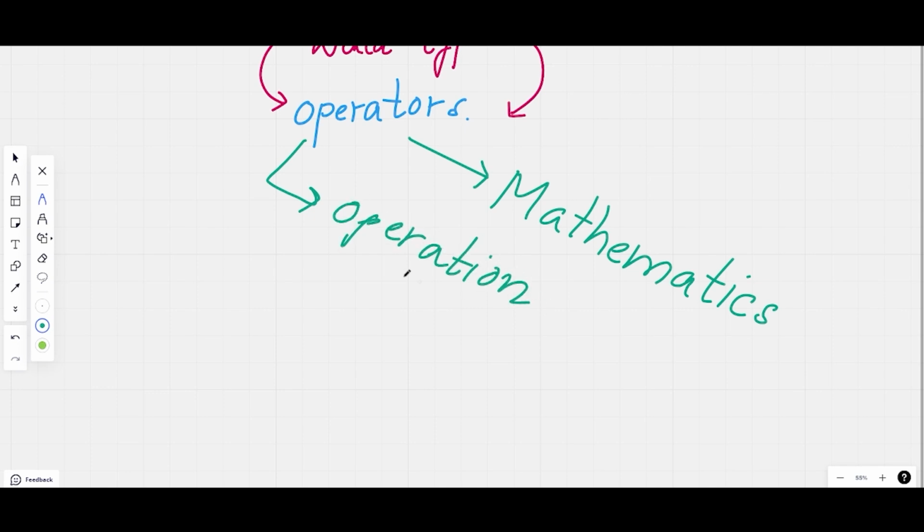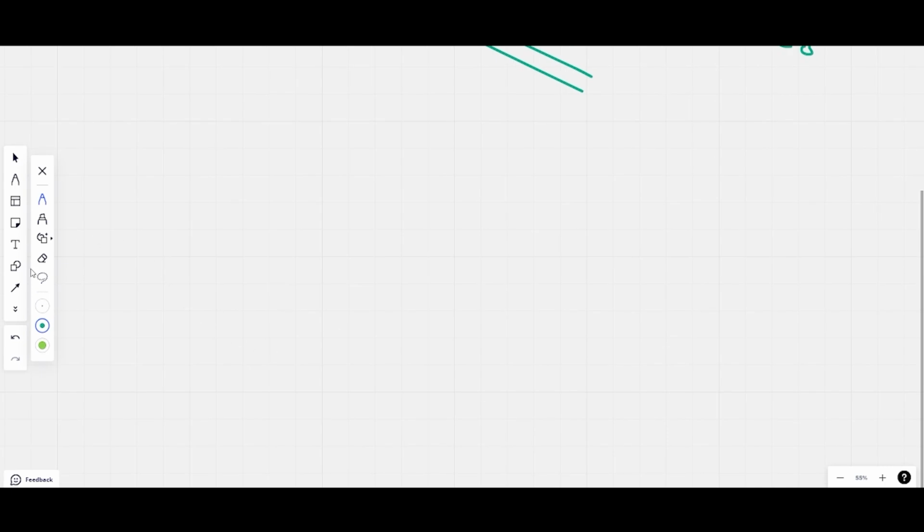So to do any operations, it can be any kind of operations, we need the use of operators in the programming language, whether it is C++, C, or any other programming language. And C++ has a variety of types of operators, divided into certain different parts. Generally in C++, we have 5 types of operators, and we'll discuss them in individual videos so that you don't get confused.